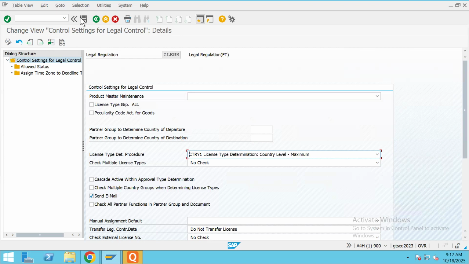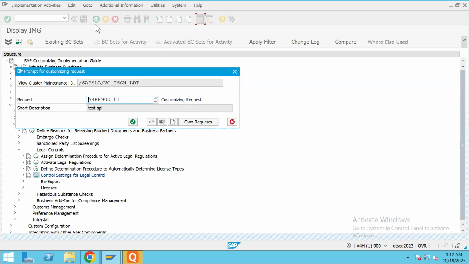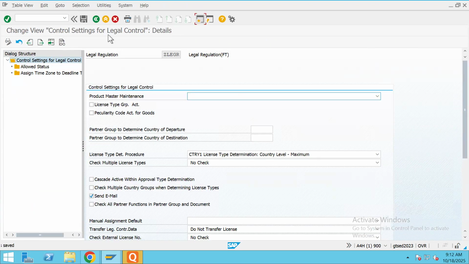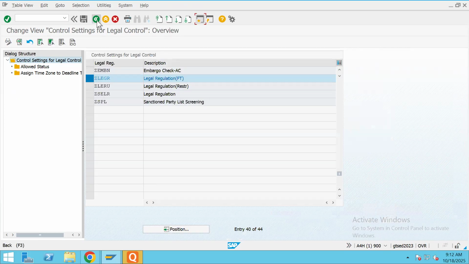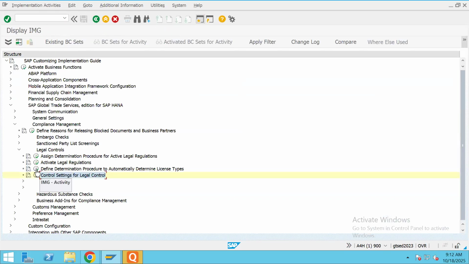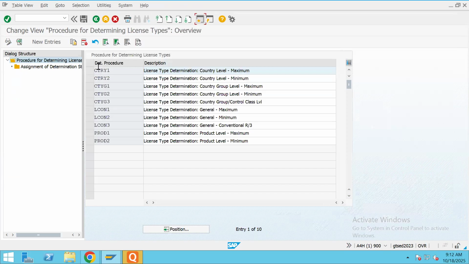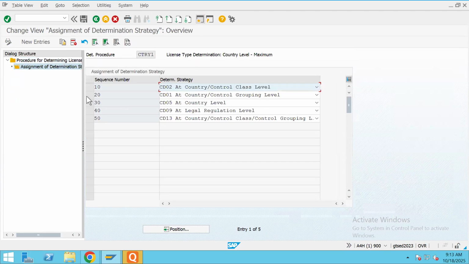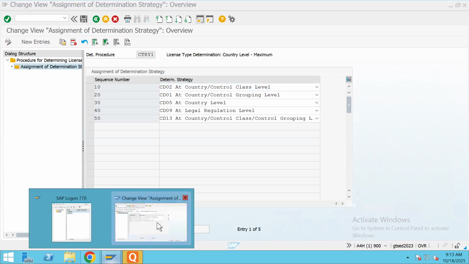This is the procedure. If I go back to the procedure, one more time. So this one, right? If I go here, what are the fields I defined here? Country and control class. So if I go back to the license determination strategy,